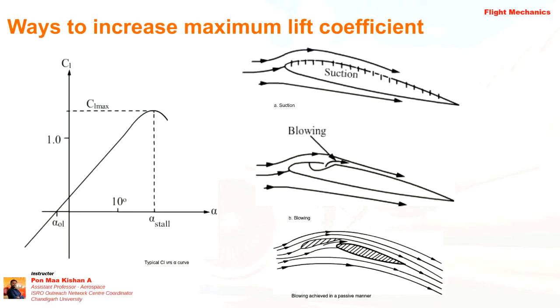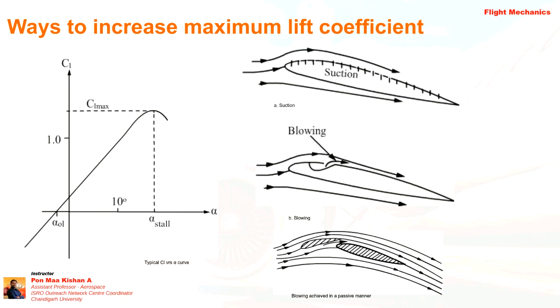Right. So the same type of configuration is used for either suction or blowing. And if you see here, if we are making a gap between the leading edge and introducing another surface, the flow will get energized. Because if there is a higher pressure region at the bottom and lower pressure at the upper surface, the flow will try to escape through some gaps. So if we are making the gaps, then the flow will get energized. By that way, we can attain maximum CL. Okay, so this is one way.